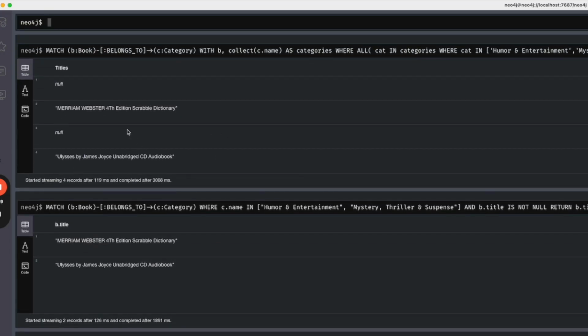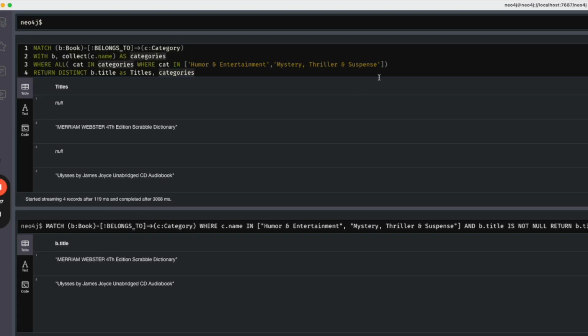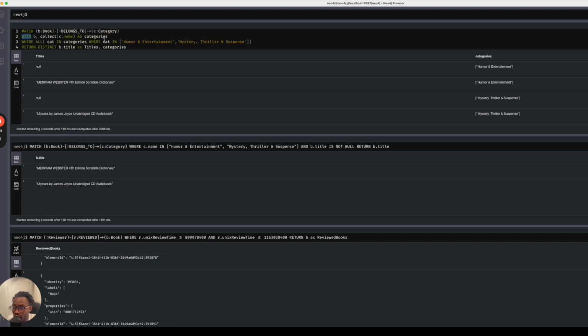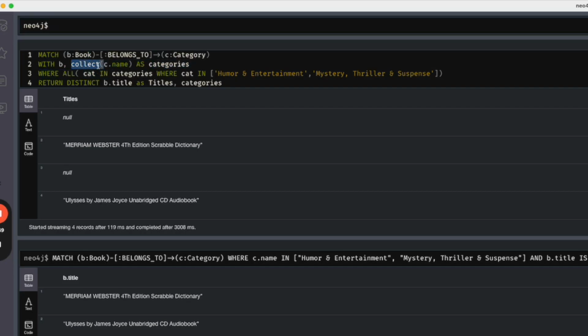Okay, great. We have essentially some of the same books we had returned earlier, if you look here. But let me just explain this quite a bit, because I didn't touch on the with clause. So I was saying that if you had to persist a variable across many queries, usually you want to use the with clause. The with just says, I want to work with the B variable, which is the books that have categories, and then collect. We already touched on collect. It takes all the categories and puts them together into one collection,